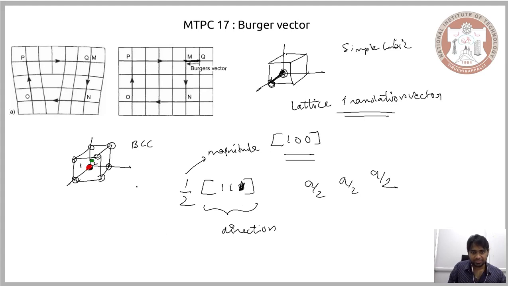So this is how we represent the Burgers vector. We have the magnitude component and we have the direction component. Now we can do the same for the FCC crystal structure, and in the case of the FCC crystal structure, you can